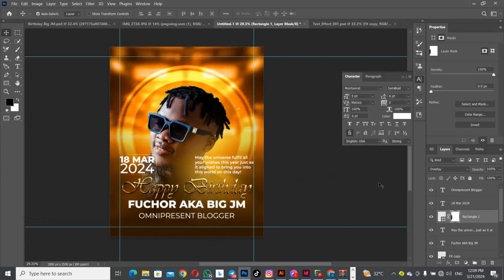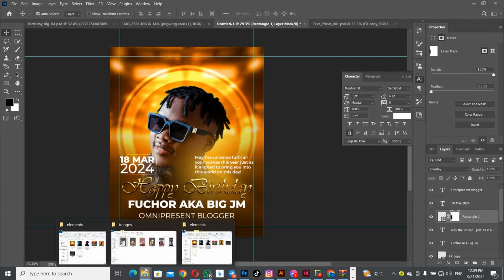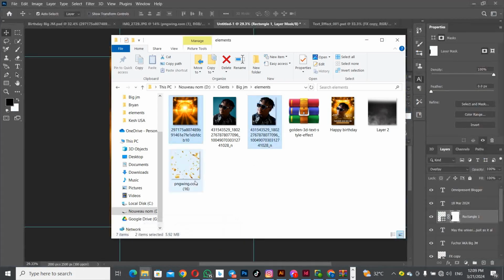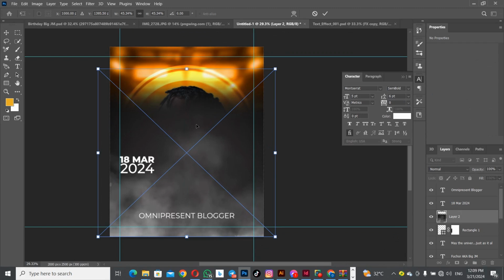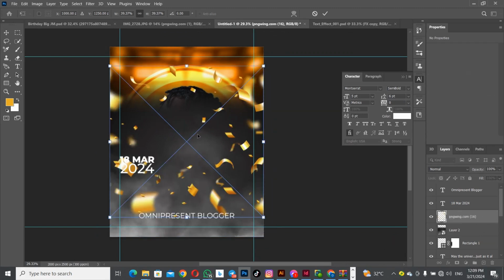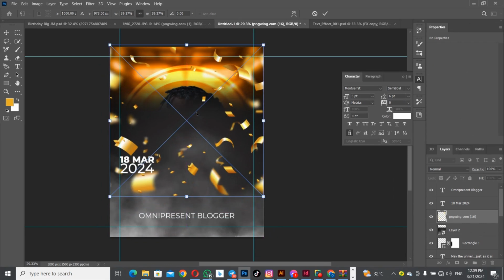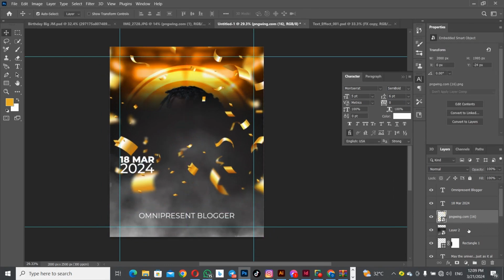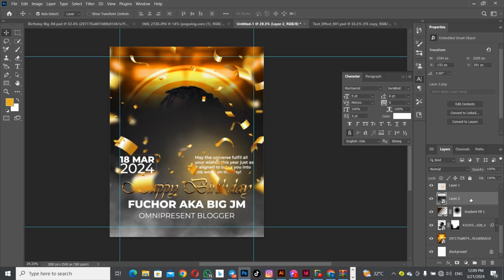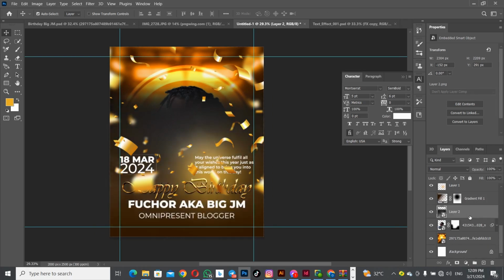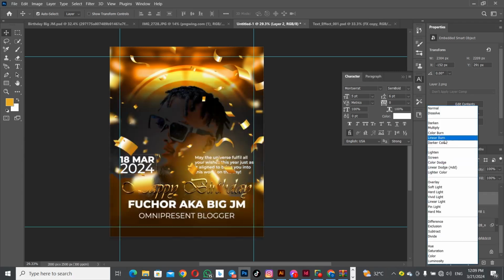You get. Now from here, I'll bring in my confetti and the other one. So the confetti and the smoke stuff. Okay, the smoke first. I'll draw it right down here. I'll just click on OK. The confetti, bring it right up, and just click on OK. Now this one can go right down below every text, and even below, okay, it's fine here. So change this to